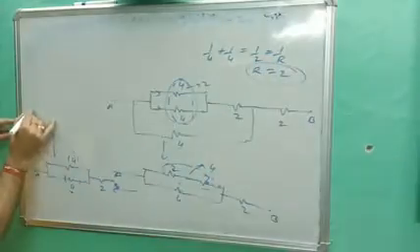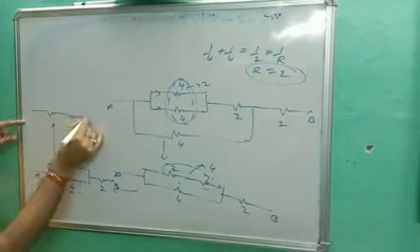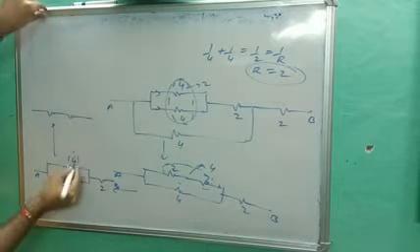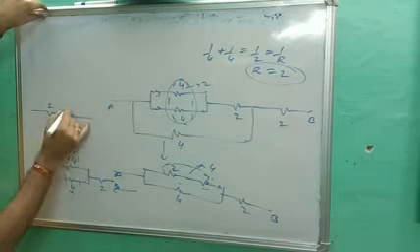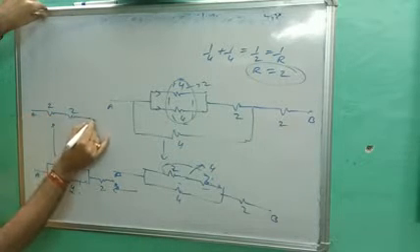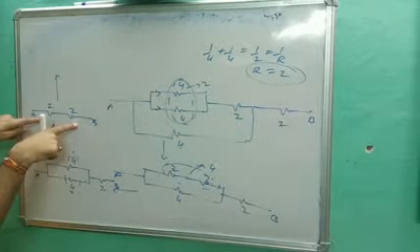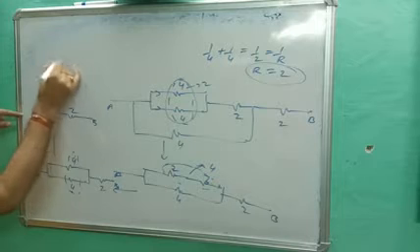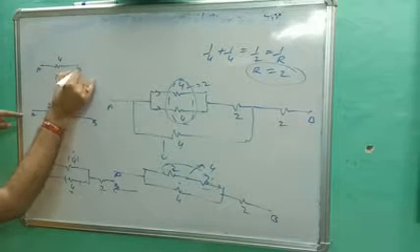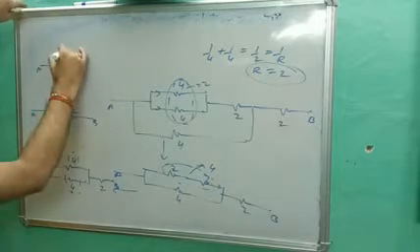So you will get a new diagram. I am trying to solve by this diagram. 4, 4 become 2. This is already 2. And point A and point B, and last answer. 2 and 2 are connected in series, so its answer will be 4 ohm. So resistance between A and B is 4 ohm.